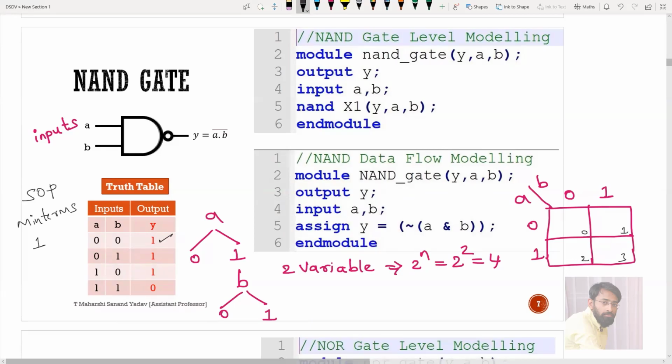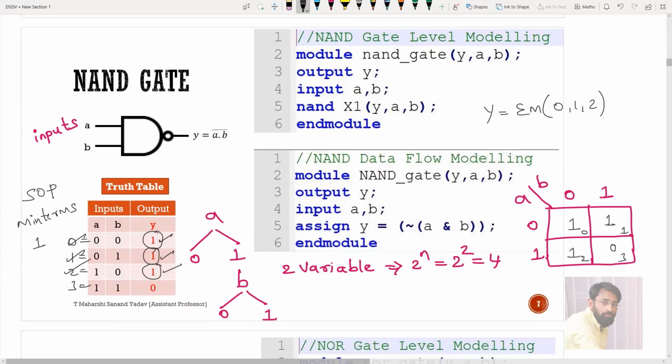In this particular truth table, 1, 1 and 1 is there. So see the equivalent. This is 0, this is 1, this is 2, this is 3. For 0 it is 1, for 1 it is 1, for 2 it is 1. So it should be written like this: Y is equal to sum of minterms, for 0, 1 and 2 it is 1. So I'll write 0, 1 and 2. Now a similar thing I'll plot in the K-map. In the position of 0 put 1, in the position of 1 write 1, in the position of 2 write 1, and here it will be 0.